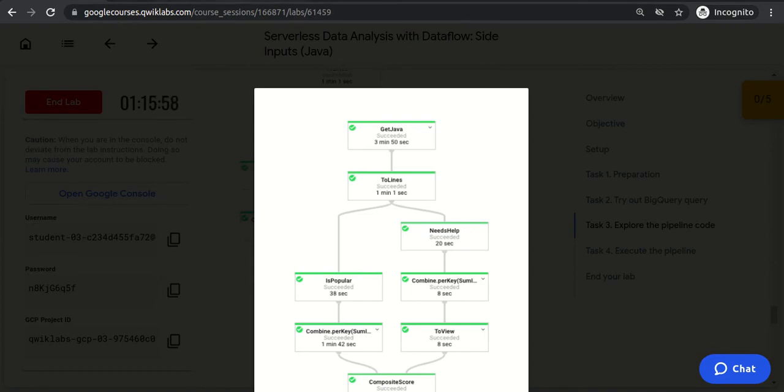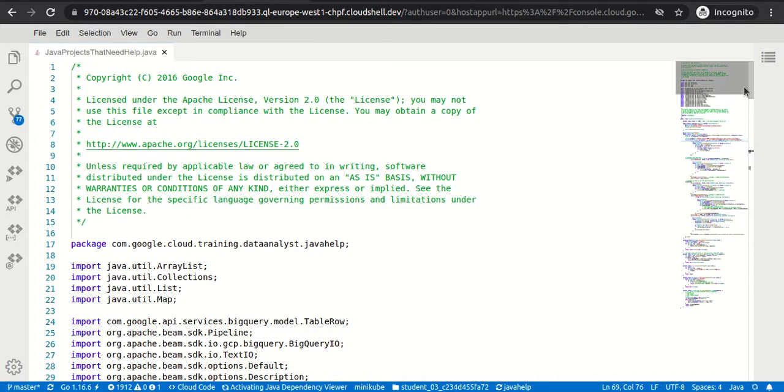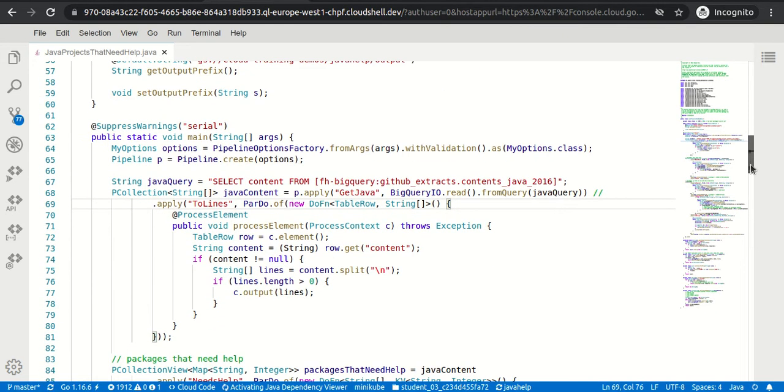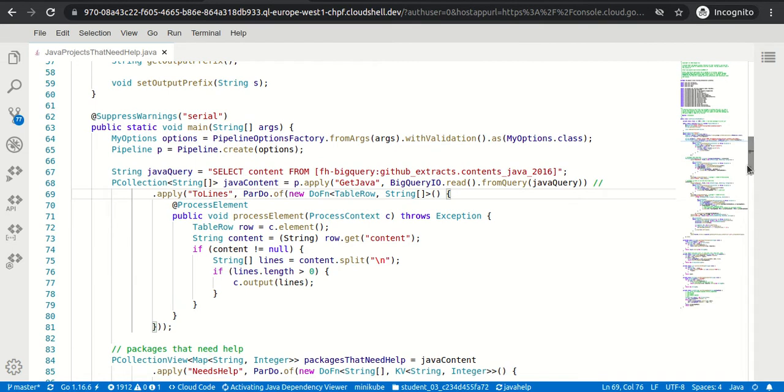Now how to write that particular Java code is not the topic here, but how we can check all the steps: what you have to do is just find the apply keyword. So you could see apply. They have created the pipeline using pipeline.create.